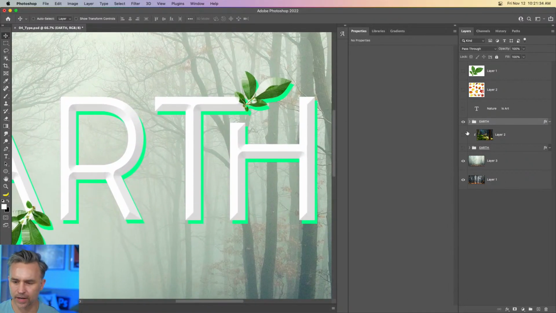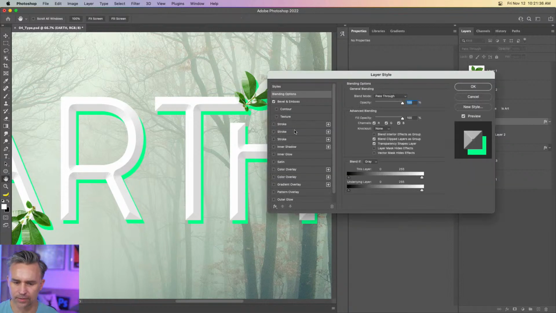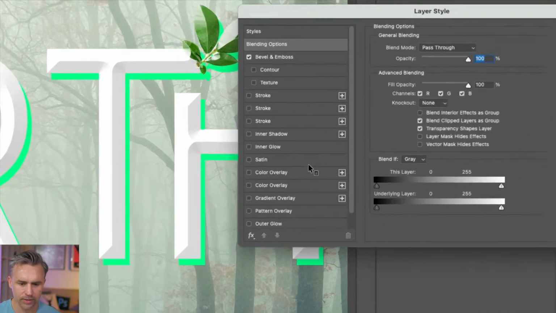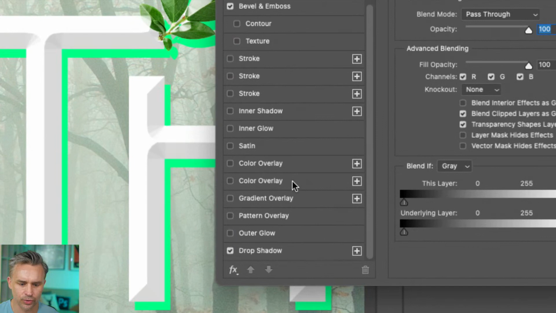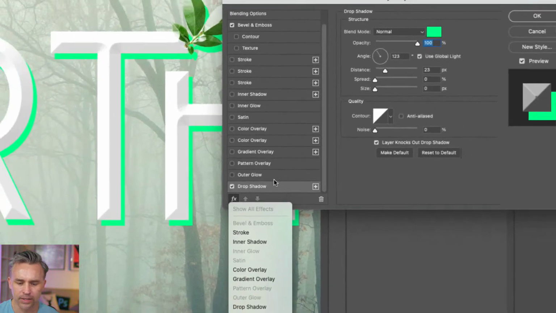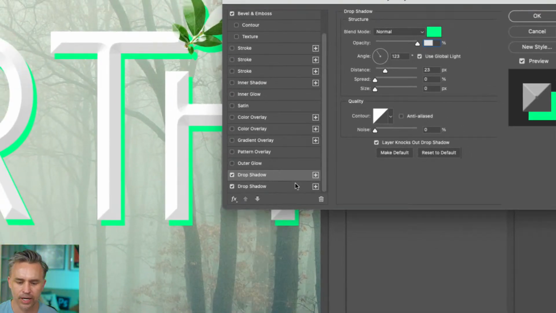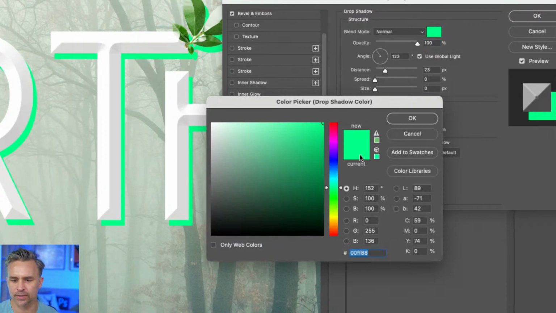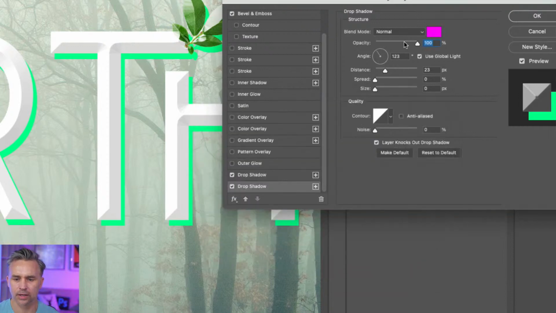It's a lot of vibrating going on, but we definitely see it now. So let's go in here. Check this out right down here. We added our drop shadow, and guess what? Right here, you can add more. For some, not for all of these, but you can add additional drop shadows. So I added a second drop shadow. The second drop shadow is going to be pink, because you guys know me, and that's what I do.